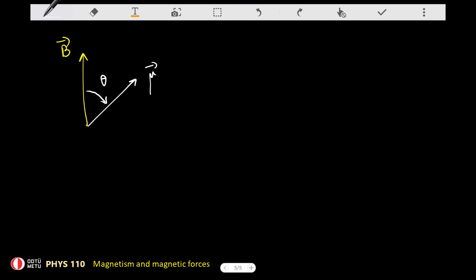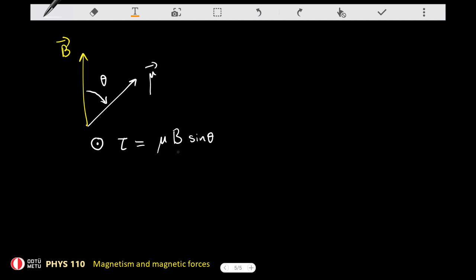So what is torque? Torque is a vector which is pointing, in this case, out of the board. So therefore, let's just express the torque in the out of the board direction. So this is given as mu B times sine theta, right? When angle is measured with that arrow, and the torque is measured along this out of the screen direction, in that case these two formulas are consistent,